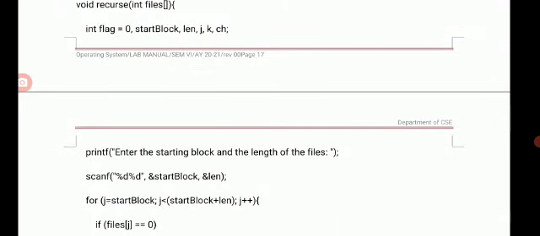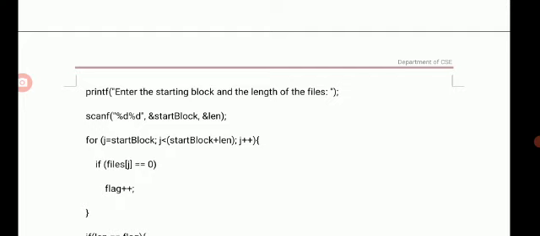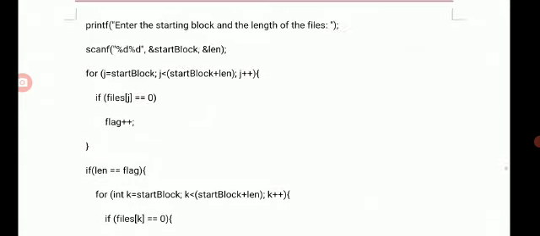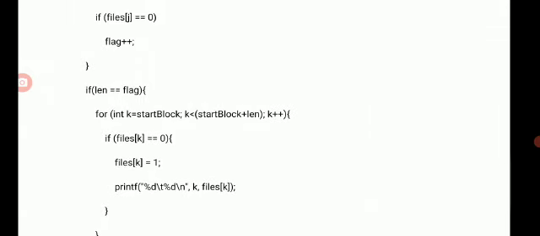Here we are going to accept the block details and block length from the user. Then we are going to compare the block length and the starting block length, and then compare the flag, which we have already initialized with 0, and the length of the block.